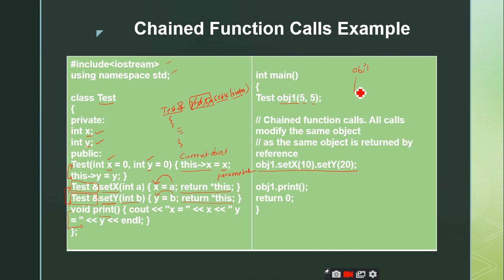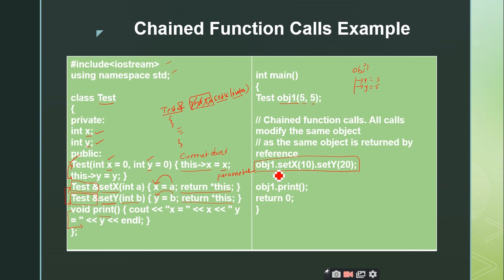It is having two data members x and y, and since I invoked the parameterized constructor, x is assigned a value of 5 and y is assigned a value of 5 by this function. And then if you observe this statement, by making use of a single object,